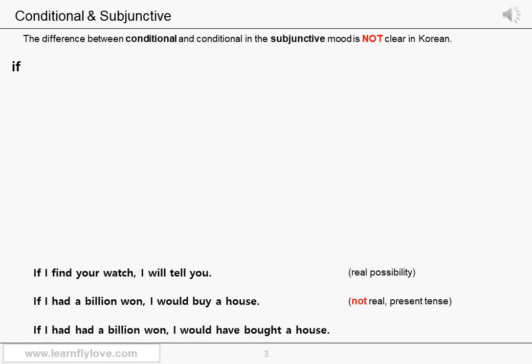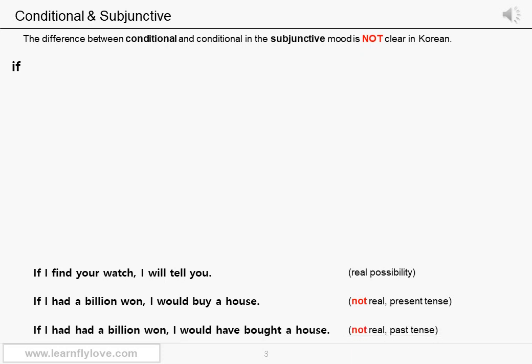If I had 1,000,000,000 won, I would have bought a house. Now you put the main verb in the past perfect. Anyway, you use the first had as an auxiliary verb, and the second had is the past participle of the verb have. You talk like this when the situation is not real and you are talking about the past.